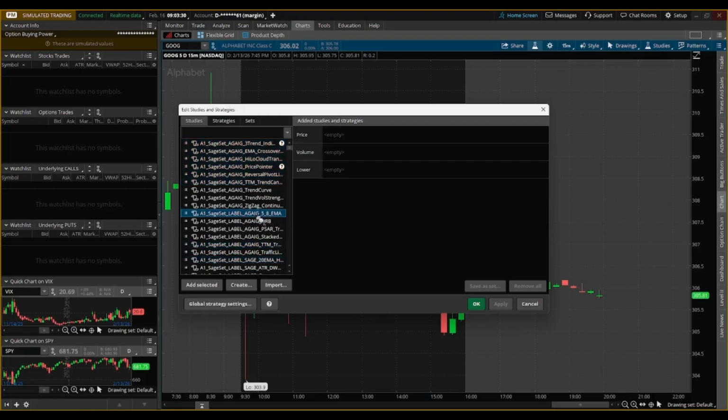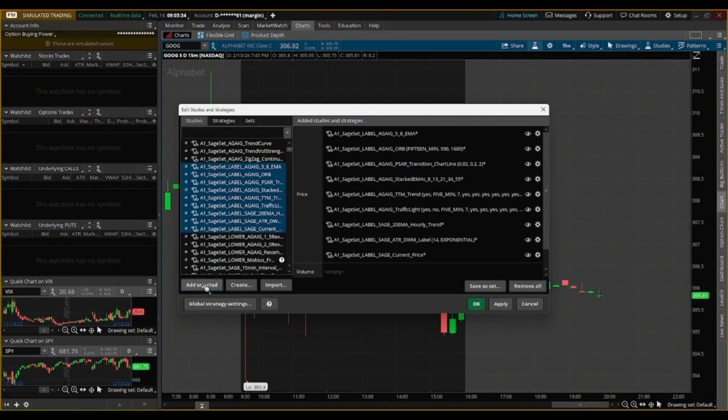Once you have all the studies you want selected, click the Add button and they'll all move to the right side at once. To remove a study, hover over it and click the X icon on the right side. To temporarily turn a study off without removing it completely, click the eye icon to turn off the visibility. This keeps the study in your list, but hides it from the chart. This is useful for testing, learning, or comparing.